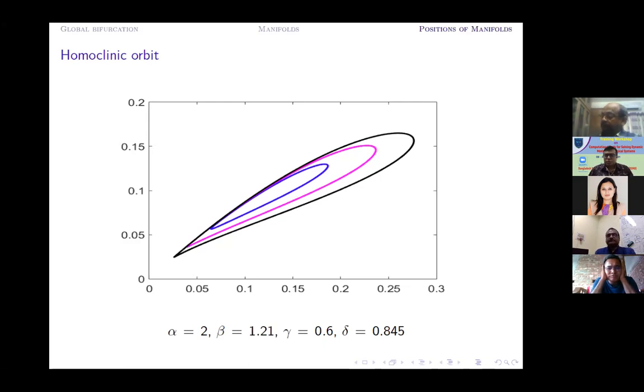Thank you, sir. So we have a couple of questions remaining. The ratio dependent model is not well posed at the origin. So how can we analyze the dynamics around the origin? You can look at the paper by Shigui Ruan, Fayana Berezovskaya, and also our paper. Berezovskaya and Ruan's paper appeared in 2001. Our paper appeared in 2012, where we have given how it can be converted into a well-posed problem.